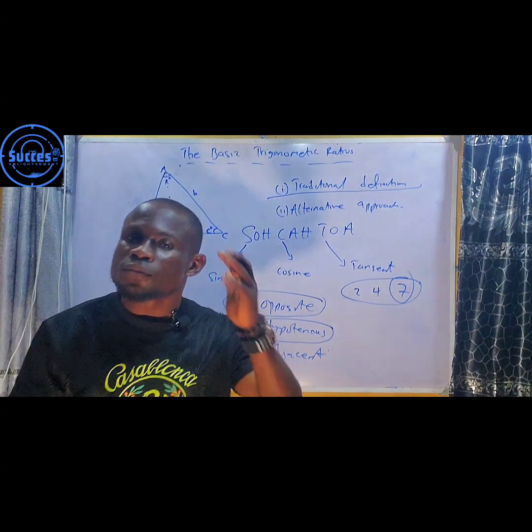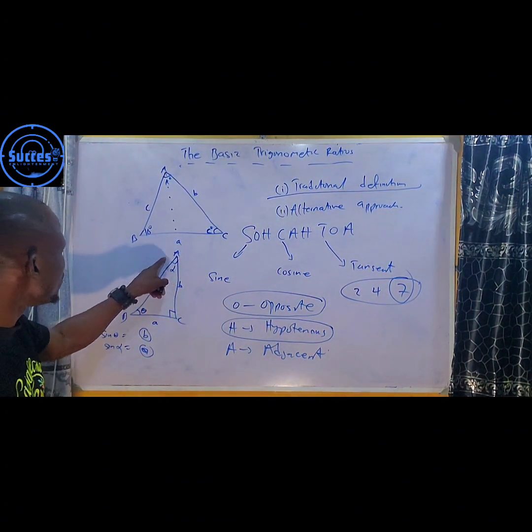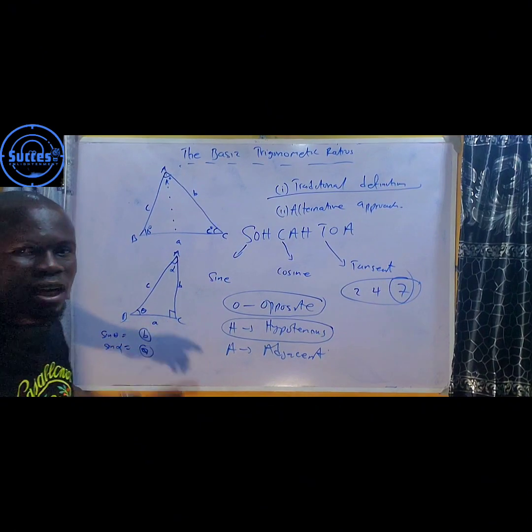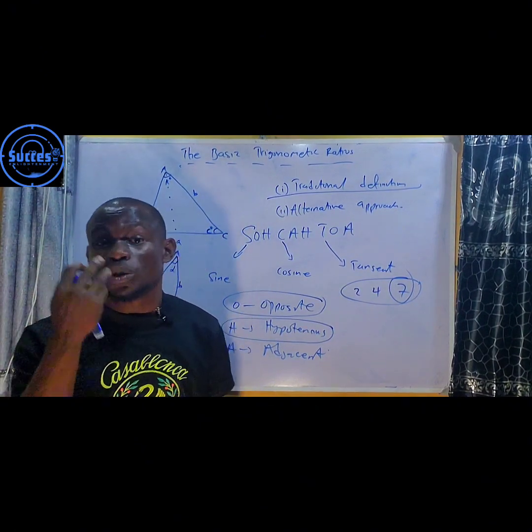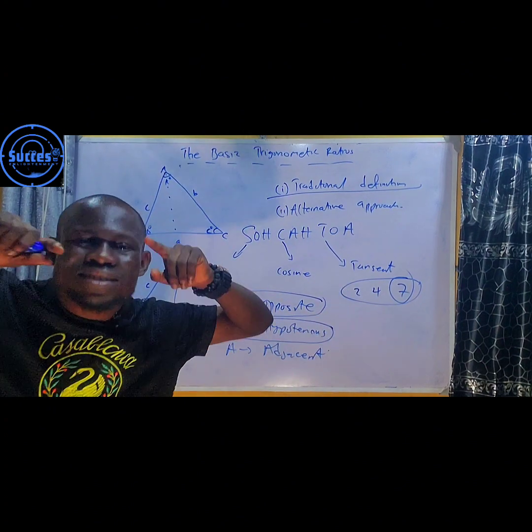If you are dealing with this, this will be your opposite. And if you are dealing with this, this will be your opposite. Don't forget, the sides of the triangle are 3. You already know your hypotenuse, you know your opposite. So the last side will be